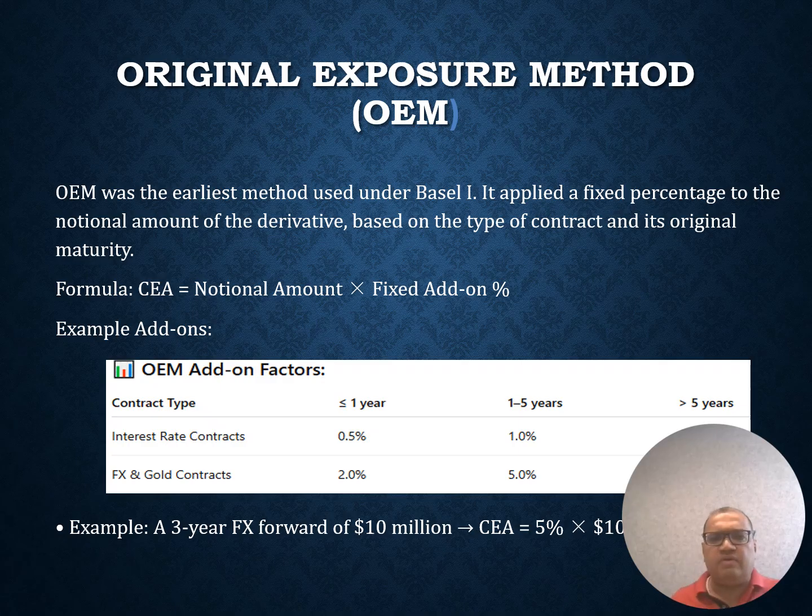And that too, for the 1 year, you apply a factor of 0.5% for 1 to 5 years, 1% for greater than 5 years, 3% for less than 1 year, 2% for FX contract 1 to 5 years is 5%, and 7.5% is greater than 5 years. Now, for example, if you have a 3 year FX forward contract of 10 million, since it's 3 years, it comes into this bucket, it's FX contract, so it comes over here. You just apply 5% to your 10 million, which is the credit equivalent amount, which becomes